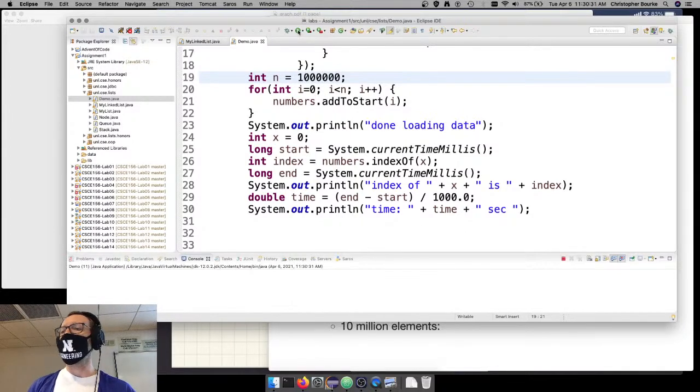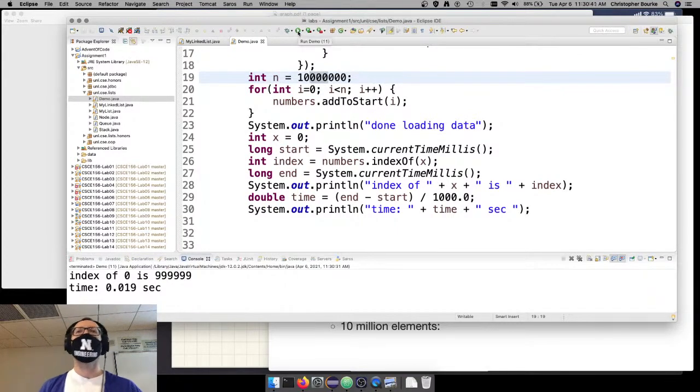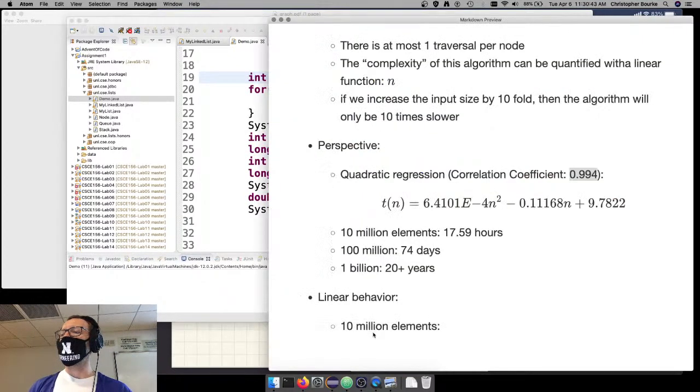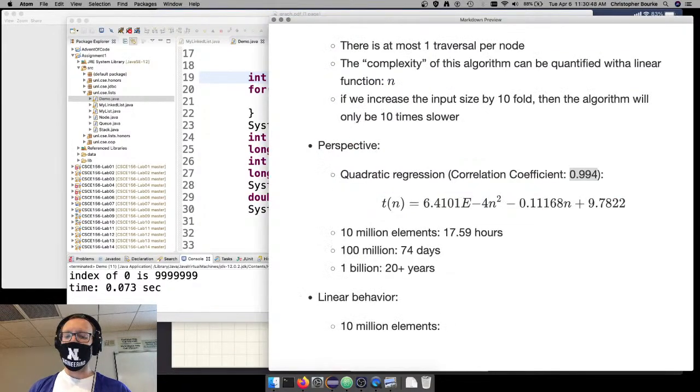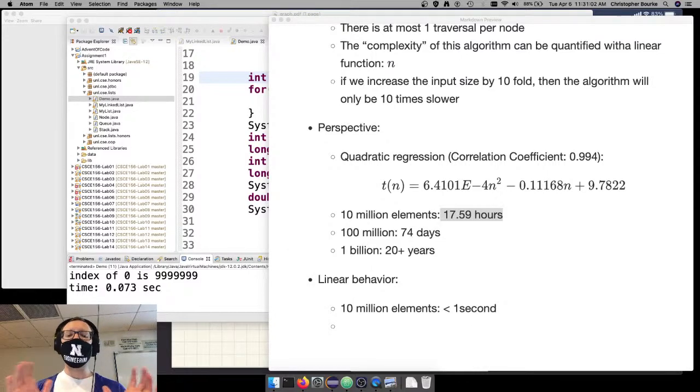Not even that much. If I ran this multiple times, of course, I would take an average. What if I went up to, how many is that now? 10 million. That's what we're predicting over here, right? Less than 1 second, right? So, say less than 1 second. Versus, how much was it up here? 18 hours, right? And as we grow larger and larger, the difference between these two time scales becomes way more apparent. 100 million,